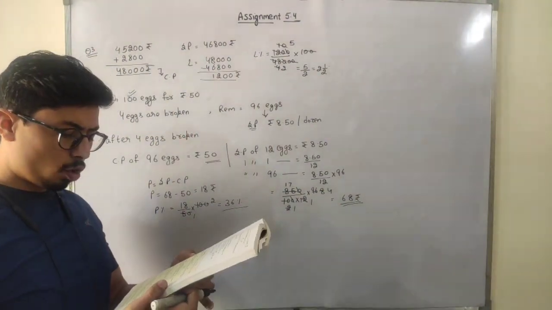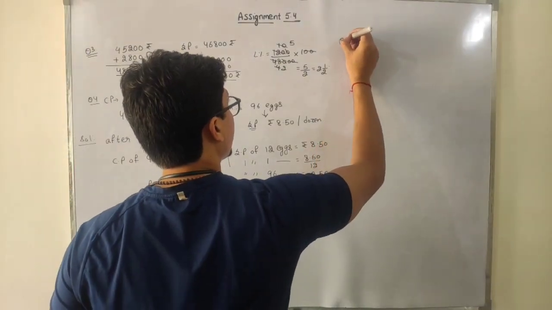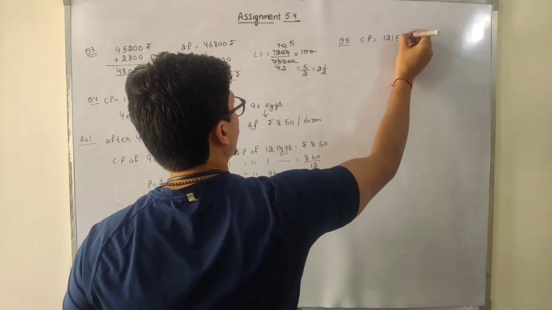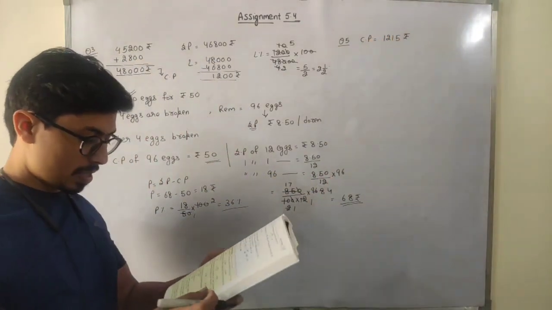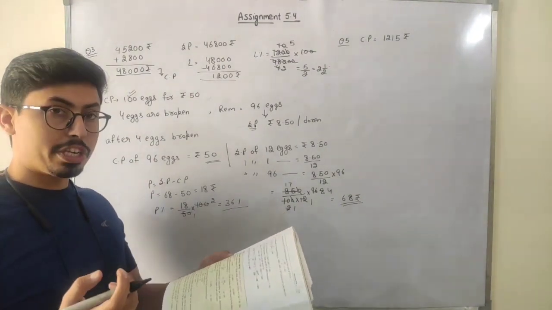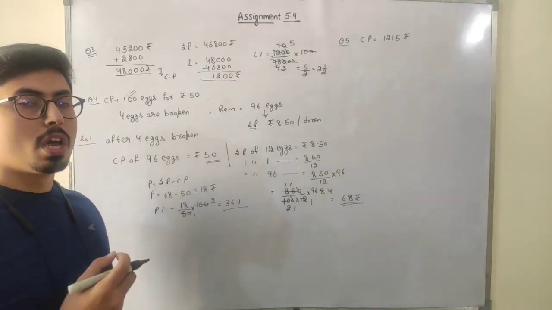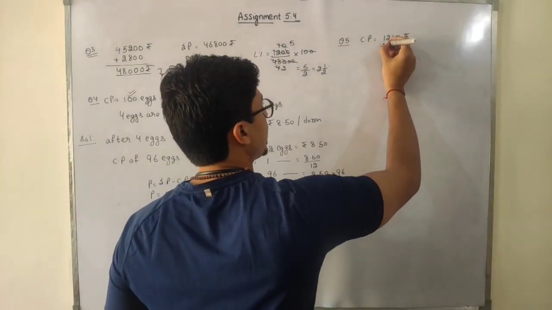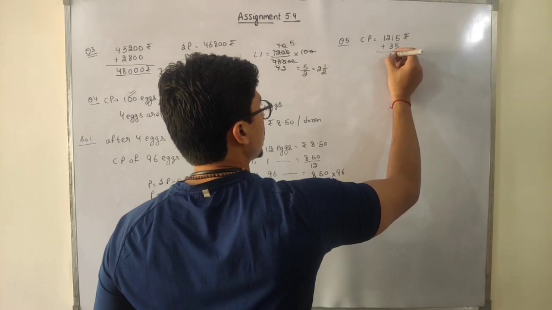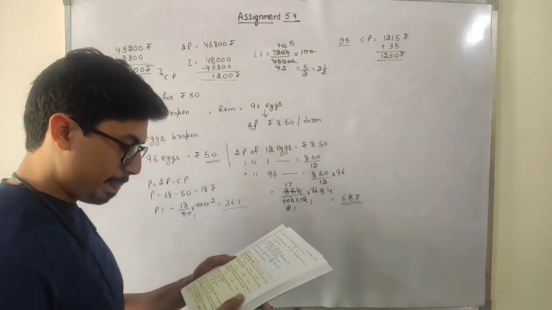Basir bought an article for rupees 1215. So the question number 5, if I am discussing, students, cost price is 1215 rupees. Okay. And spent 35 on the transportation. I have already told you if something is damaged, transportation cost and the repairing cost will also be added into the CP. So if I just add 35 in the CP, it will be how much? 1250. So this is my CP now.